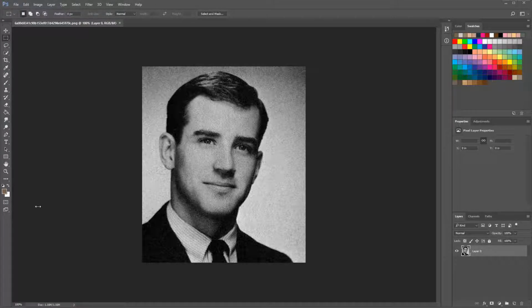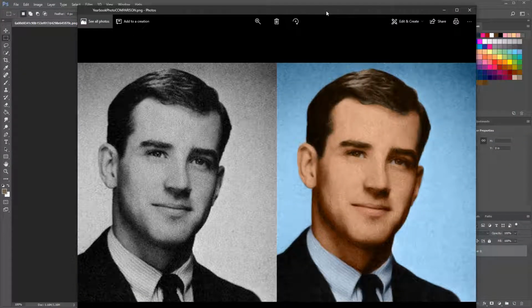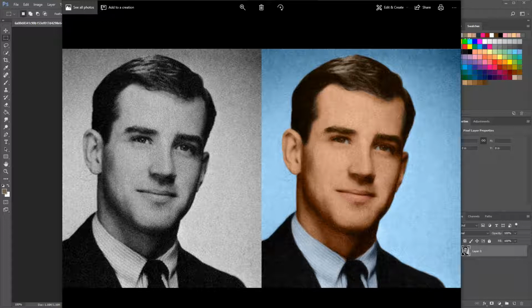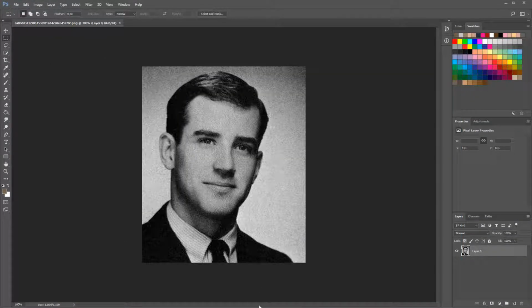Hey everyone, welcome to a new tutorial where I'm going to be teaching you how to easily colorize any photo. So we're going to be turning this lovely picture right here into this right here. We're going to be using some denoising and colorizing it and making it look a lot better than this boring black and white photo. So let's go ahead and go back to Photoshop over here and zoom in on this